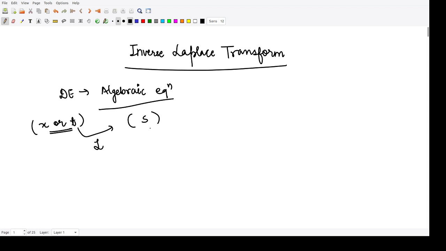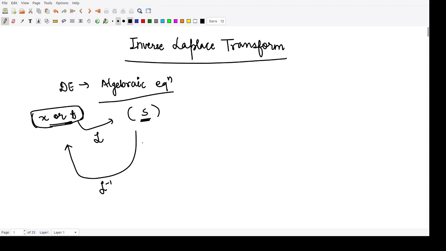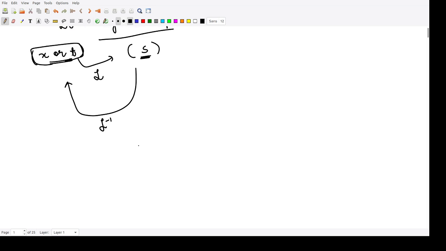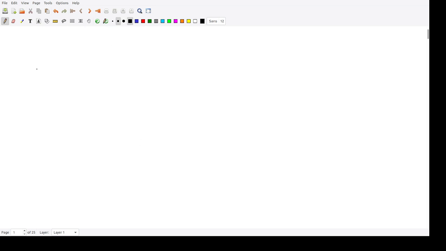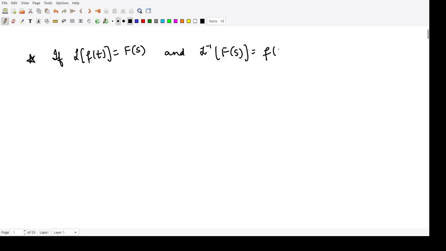to some algebraic equation in s. You solve that equation in s and then you perform the Laplace inverse to reach here, because we want our answer finally in this variable x or in t. So that is why we require this Laplace transform, and moreover we require the inverse Laplace transform. So suppose the Laplace transform of the function f of t is defined by capital F of s, and the inverse Laplace transform of capital F of s is defined to be f of t, then we